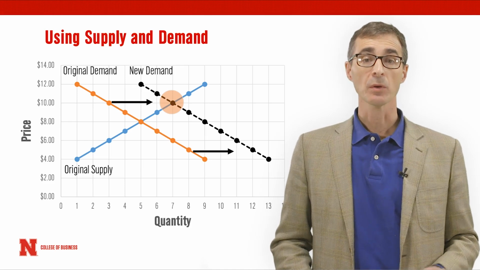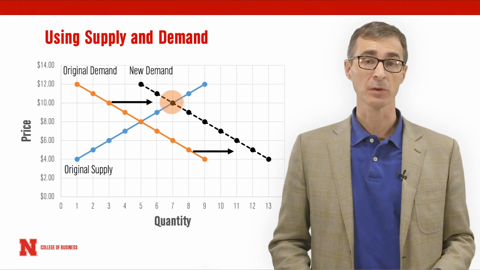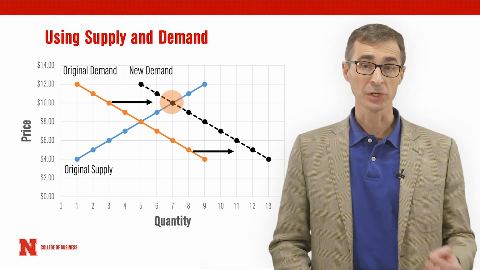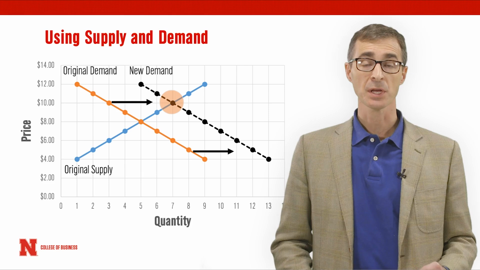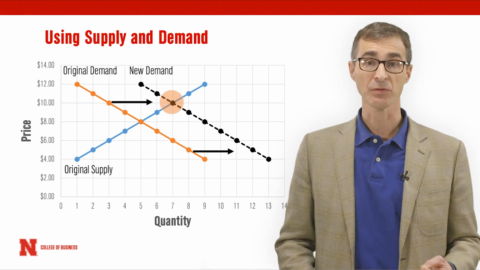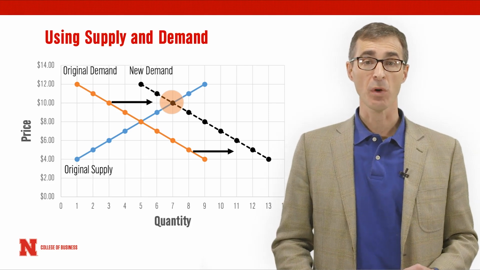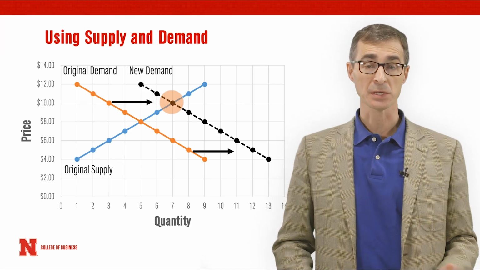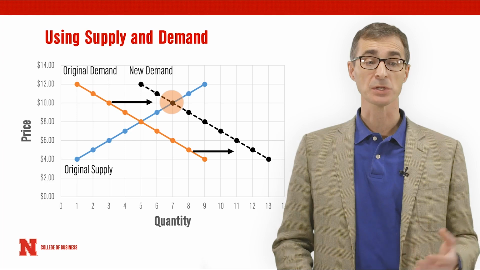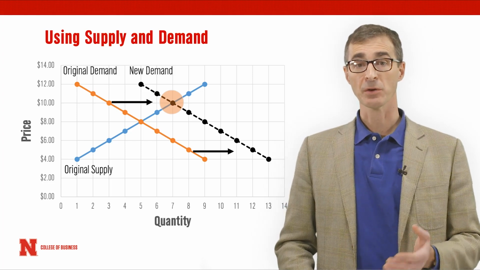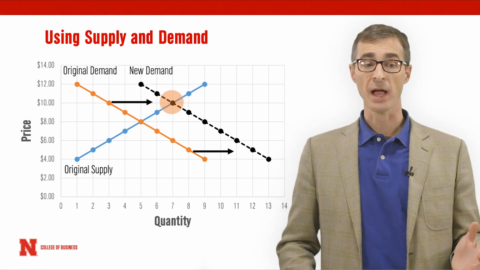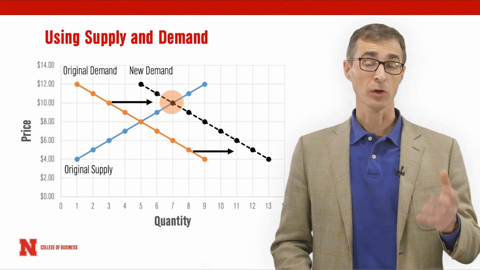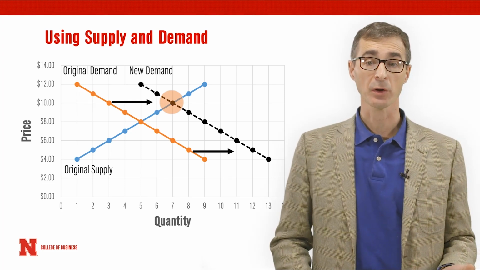Supply curves and demand curves can be used to understand what will happen to market prices and market quantities when there is a change in the underlying demand or the underlying supply. Let's look at our original example where the original equilibrium price was $8 and the original equilibrium quantity was 5. What happens to the price and quantity in equilibrium when the demand shifts to the right, or increases by 4 units at every price point, which is illustrated by the movement of the demand curve from the original orange to the new black? We can see that the new intersection